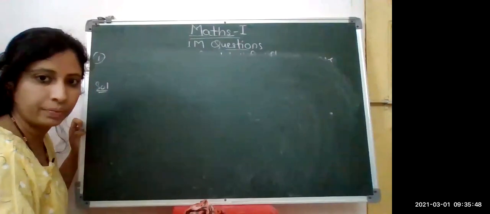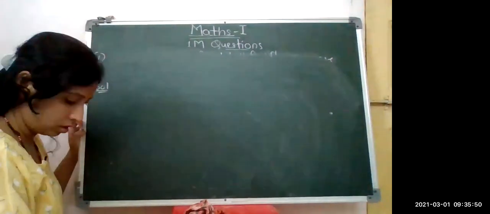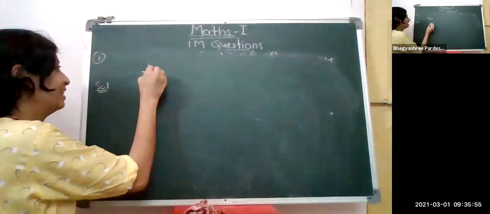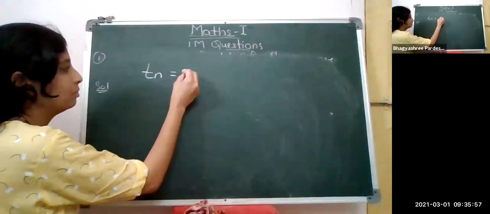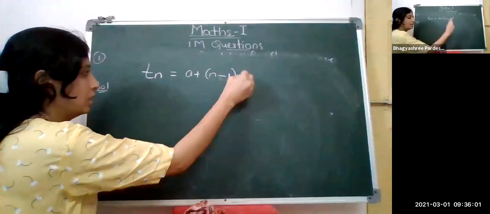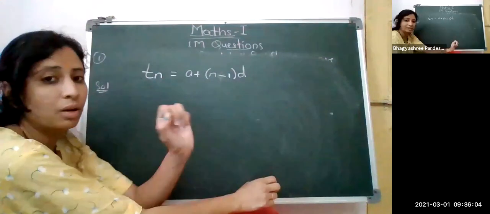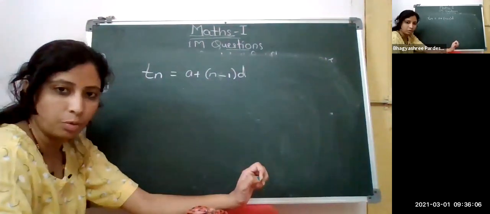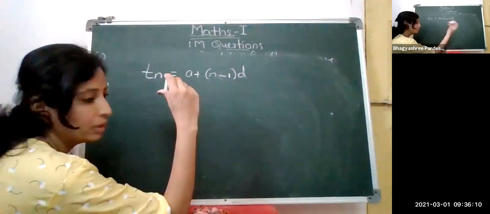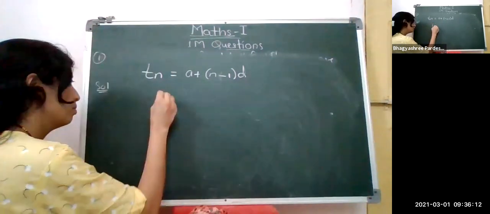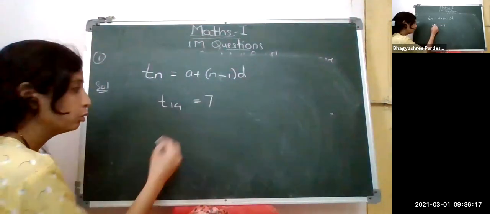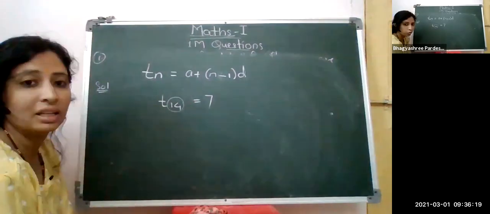इसमें कोई इतना नहीं समझ में आता Tn और N कौन सा है. Tn और n कौन सा है? Tn मतलब दिस इज द फॉर्मूला. Tn यानी जो टर्म बोला जाता है ना, nth टर्म. सपोज आपको बोला है 14th टर्म बोला है, राइट? सपोज इट इज गिवन दैट 14th टर्म इज 7, मतलब T14 की वैल्यू गिवन है आपको. T14 इज इक्वल्स टू 7. तो इसमें n क्या हो गया आपका? n इज इक्वल्स टू 14.